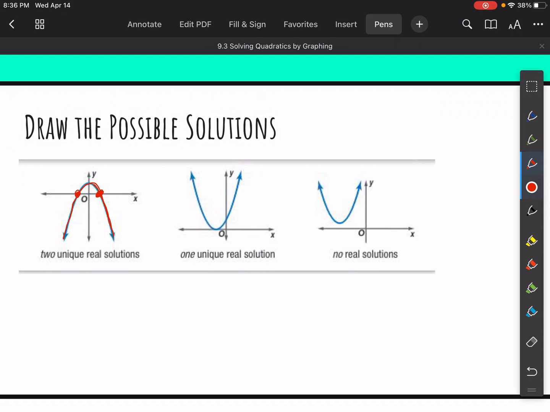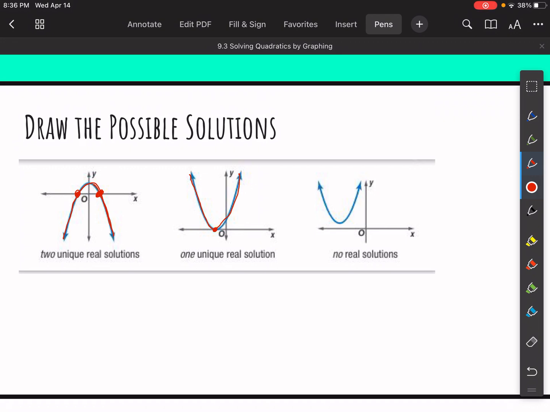But then we can also have a parabola that comes down or comes up from below, doesn't matter which way, and touches the x-axis here, and then turns around and goes back. So it doesn't technically go through, but we say it has a double root, or one solution that is a double solution that happens at the same point. I'll show you why it's considered a double root soon. By the way, this relates to all of your perfect square trinomials,